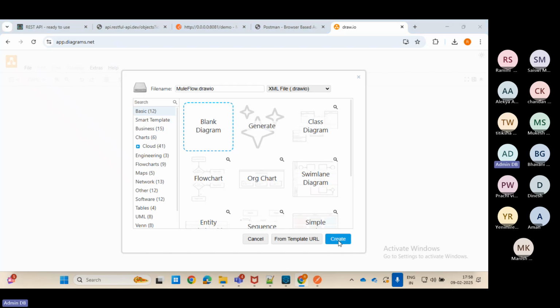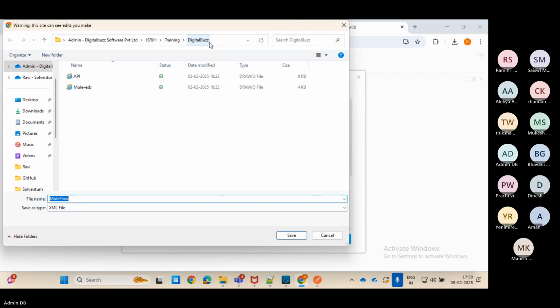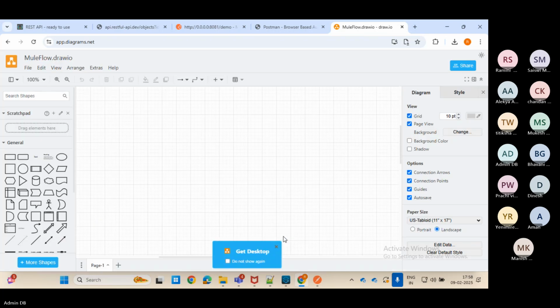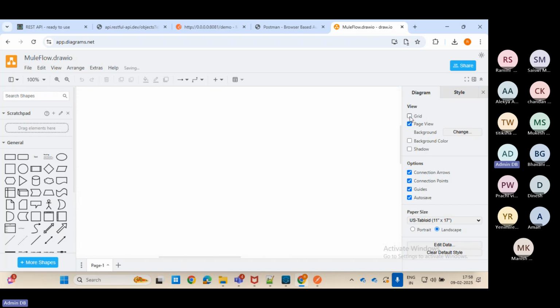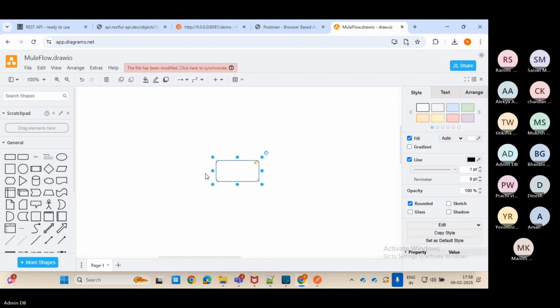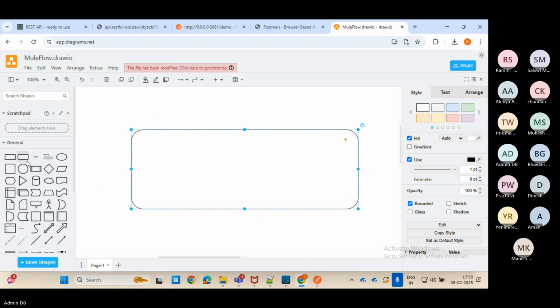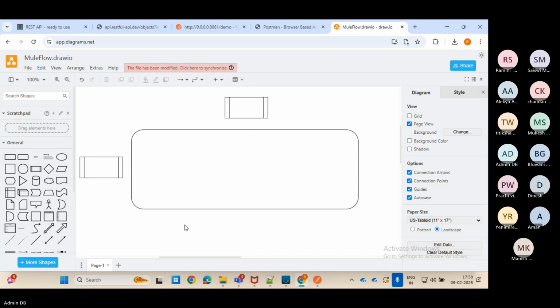Now let's try to understand what is happening internally. Let's say this is our Mule API, and this is Postman, and this is our third party API. So when we made the request from here,